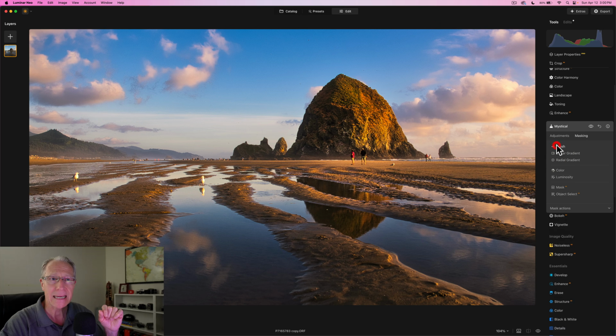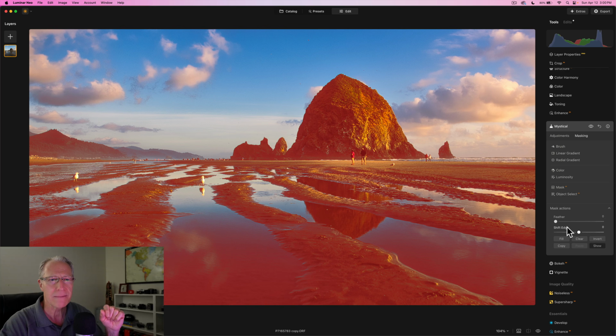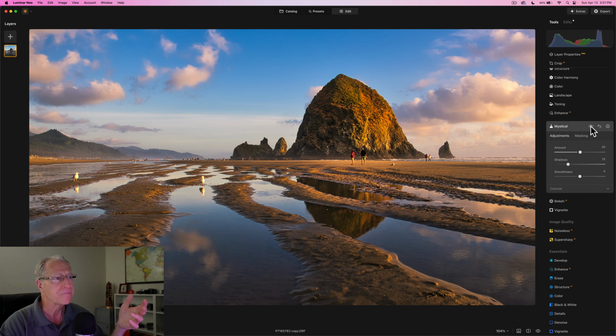But again, you can go into masking, and I can also feather that mask. So if I show you the mask, I come in and feather it. It's going to give me a little bit more. You see it's zero feathering. It's not really covering this area. And you know why? Because that's a highlight. But if I start feathering the mask, it's based on what the mask is, not based on the tonal values, right? The original mask was based on tonal values, but now the feathering is based on the mask that's being created. So I can shift that a little bit by feathering, and it's picking up a little bit more of that area, which I like. So keep that in mind. This feathering is going to work on the mask that you've created, regardless of the kind of mask that it is. So before and after,